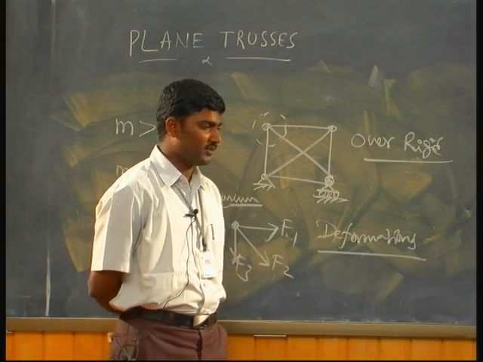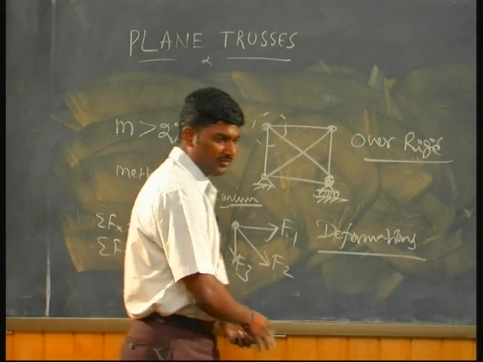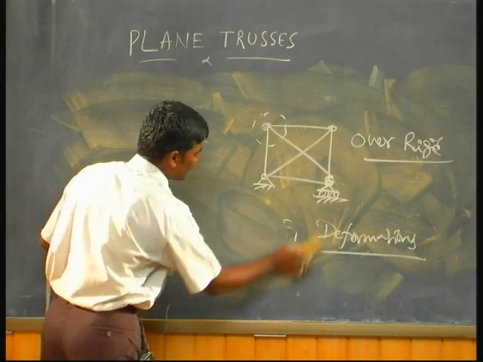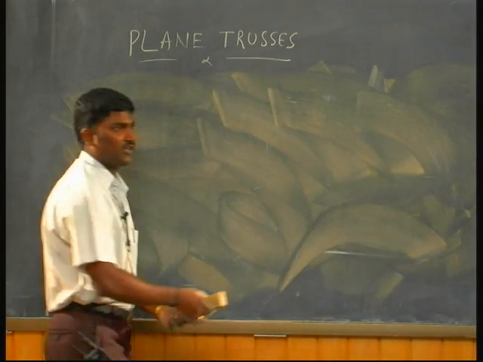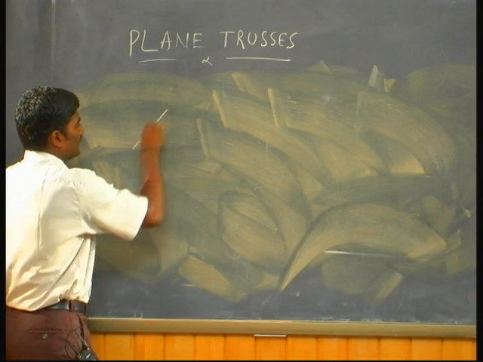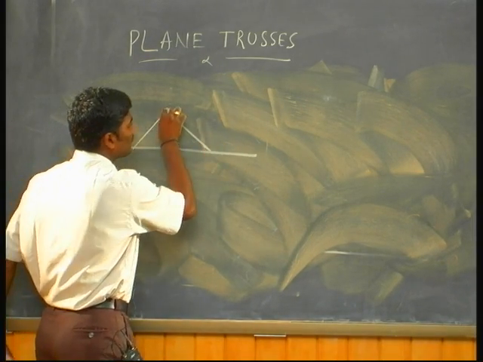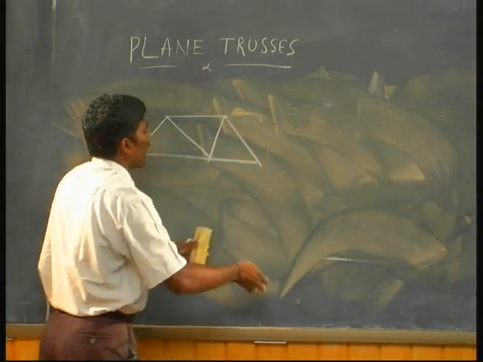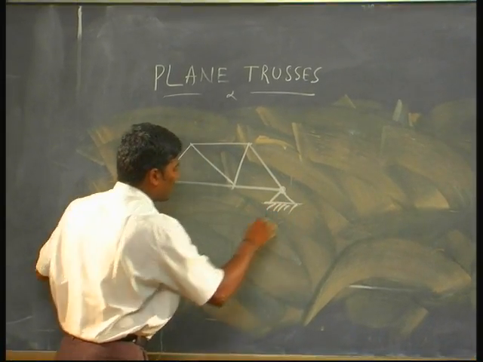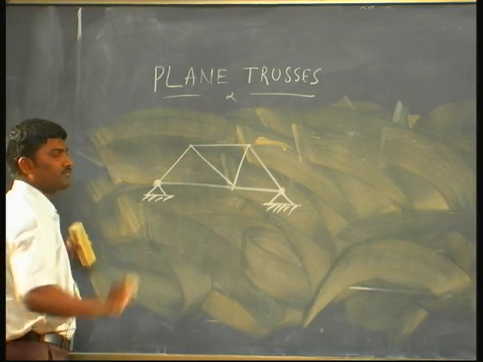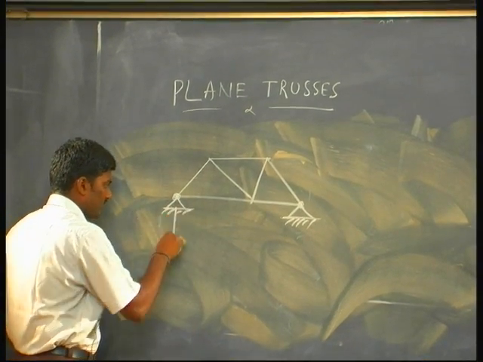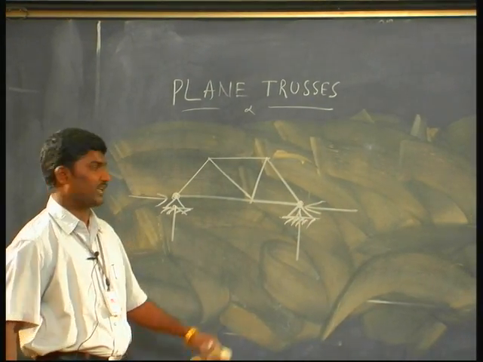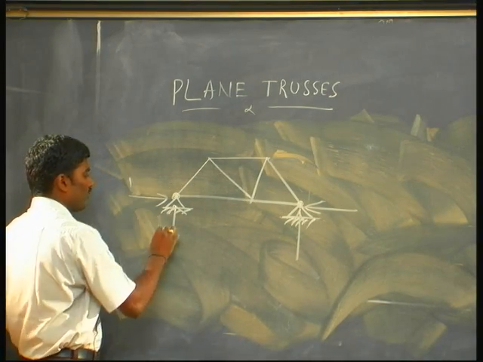I repeat the question. There is a question from somebody that we have dealt only with a hinge and a roller and two rollers, I said. What happens if somebody asks, what happens if you have two hinges? Say this is my truss, if I provide a hinge here, I have two reactions developed for a hinge, I have another two reactions developed for the other hinge. So for the two hinges we have 1, 2, 3,